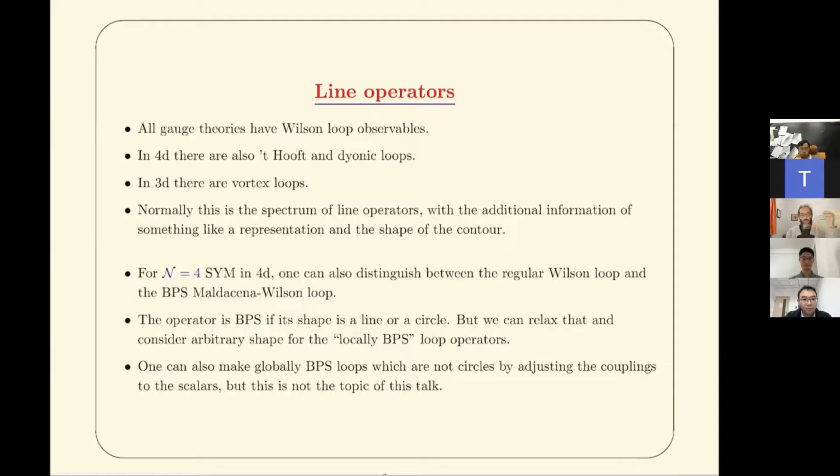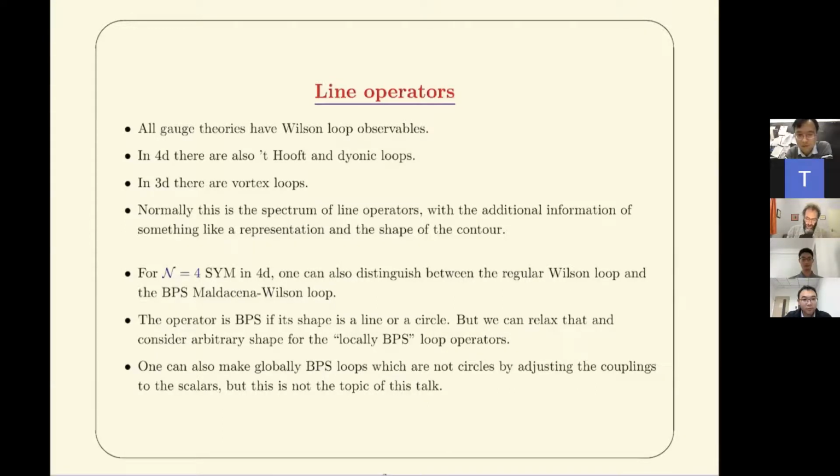When we discuss Wilson loops, normally what you discuss is how they depend on the shape and the representation of the Wilson loop, all kinds of information like that. In this talk, I will also not discuss these questions, so the shape will always be the same. So I will look at the classification of line operators, but I will not play with the usual parameters that people usually play with, so it will be slightly different.